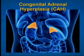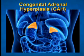The adrenal glands are small triangular-shaped glands located above the kidneys. They produce hormones that regulate metabolism, immune system, blood pressure, response to stress, and other essential functions. In a person with congenital adrenal hyperplasia, or CAH, the adrenal glands are very large and unable to produce certain chemicals, including cortisol, a chemical that helps protect the body during stress or illness and helps regulate the amount of sugar in the blood. Left untreated, the adrenal glands also produce too many androgens, the hormones responsible for male sex